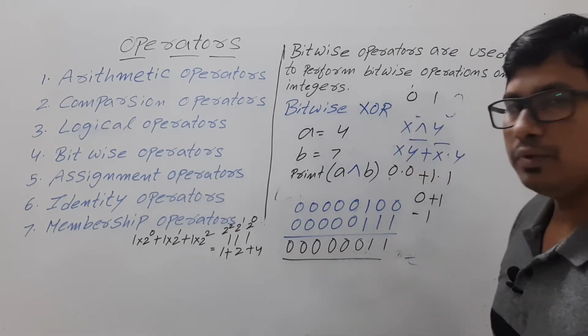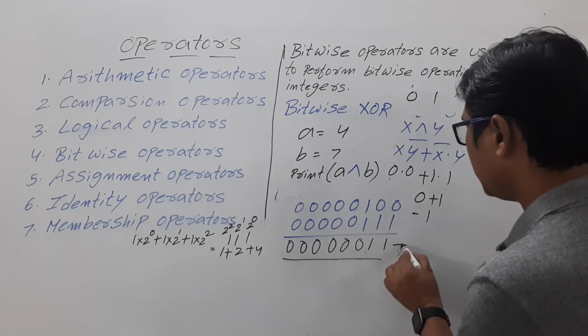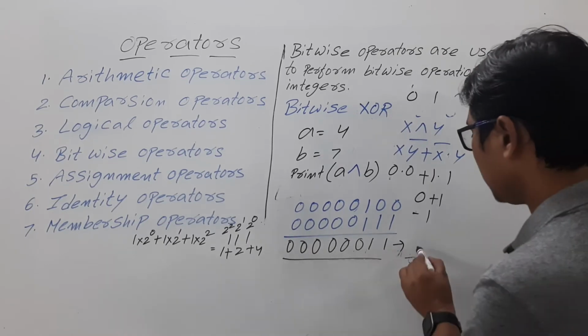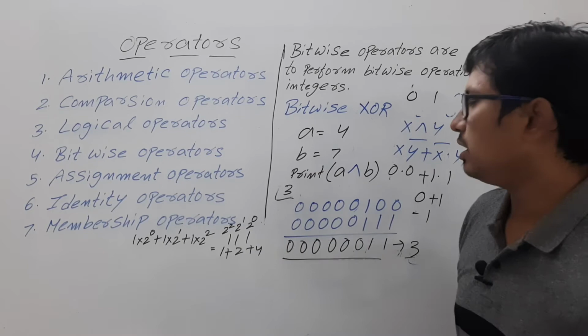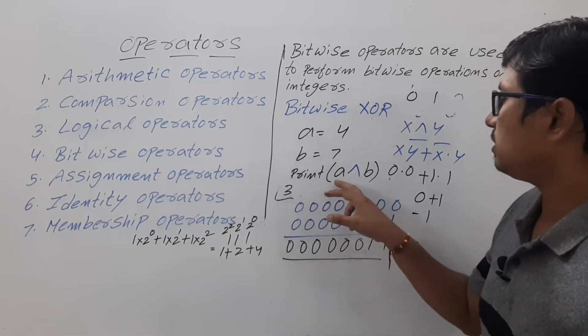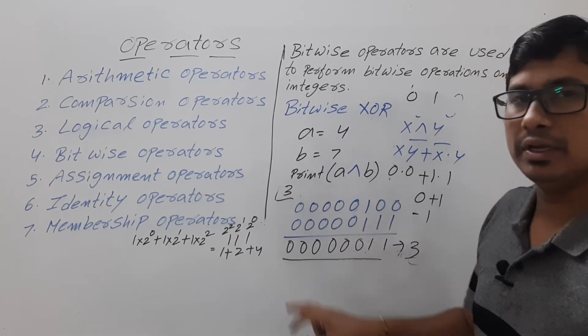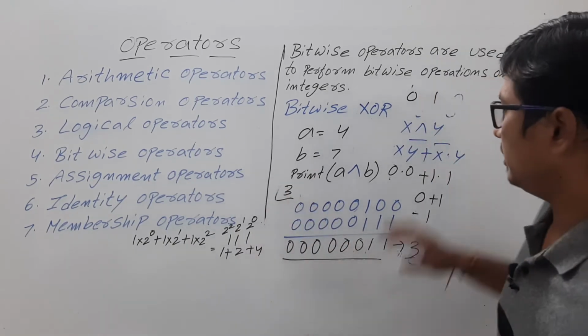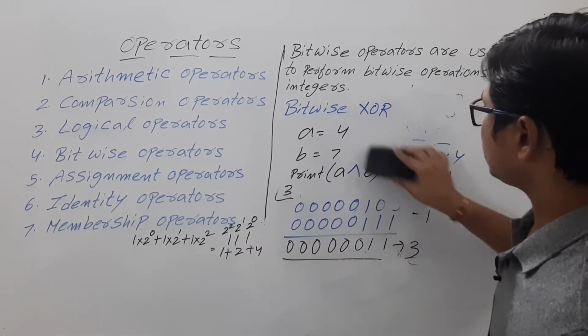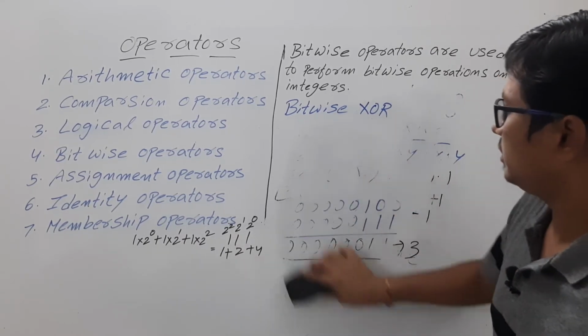So if you convert this binary number to the decimal number, you will get the value 3. So if you write the statement a is equal to 4, b is equal to 7, print a exclusive or b, you will get the output as 3. If you want to verify, you can verify it. Now let me discuss